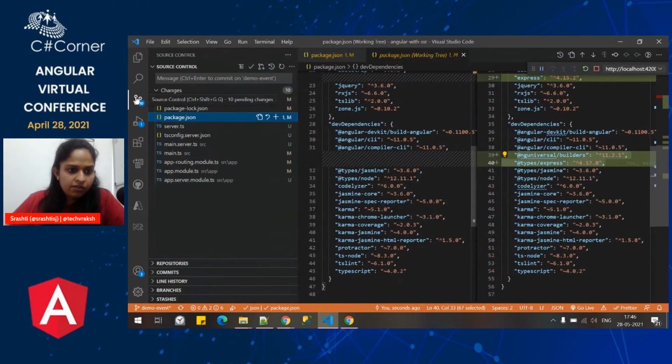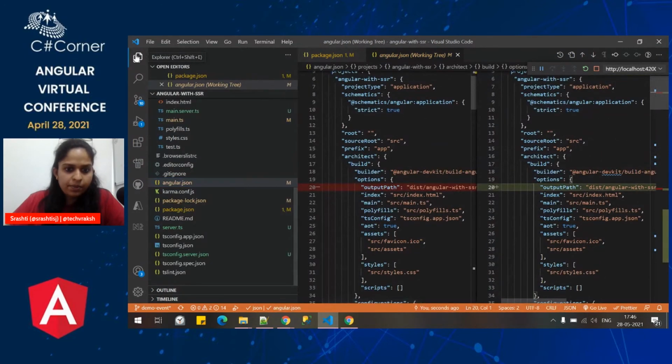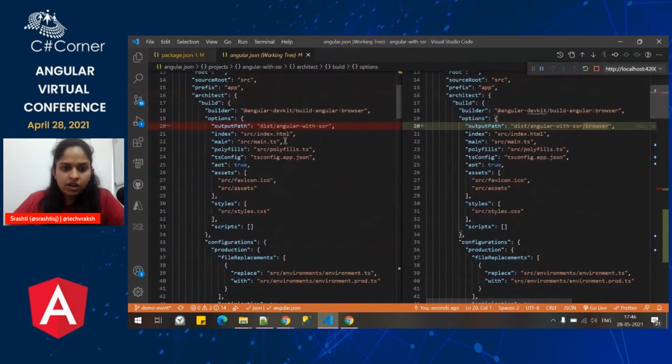Then if we go and see our angular.json file, let's compare that. Over here, it has changed our output path. Previously it was in SSR, now it will be in SSR browser.